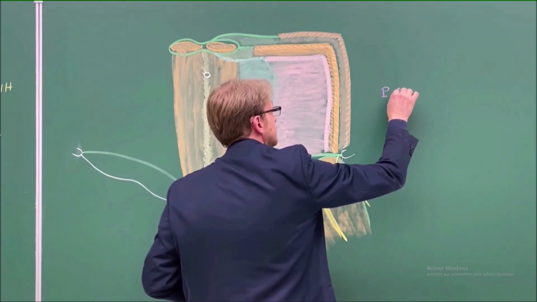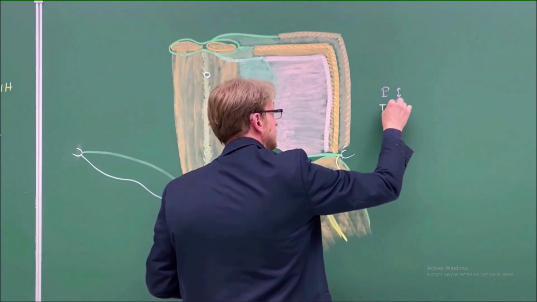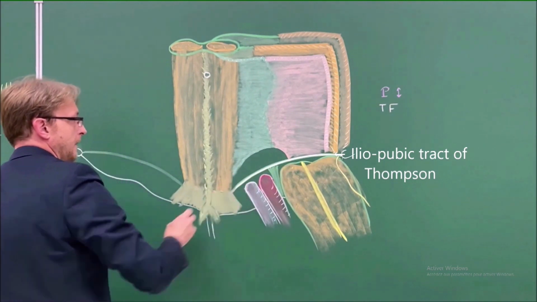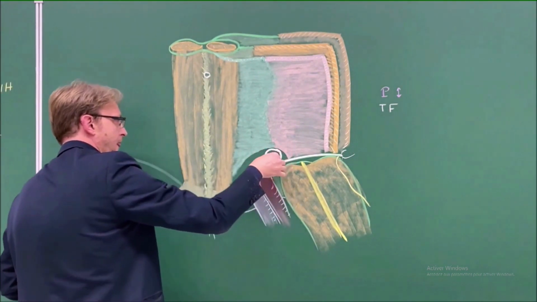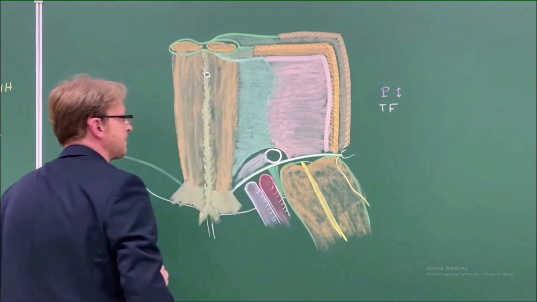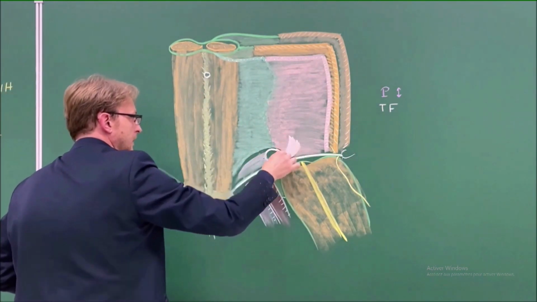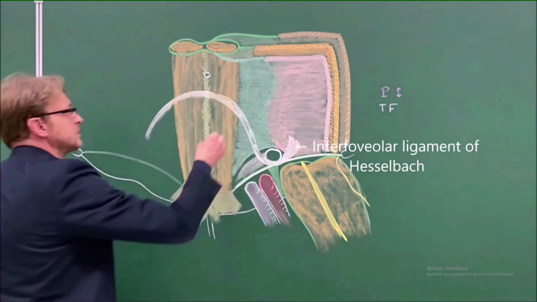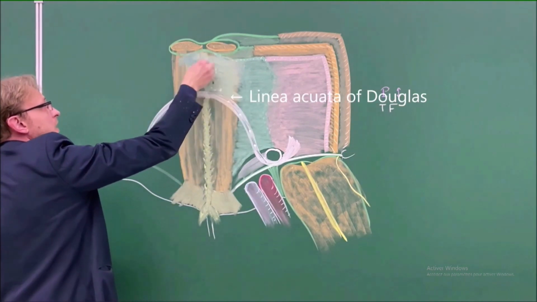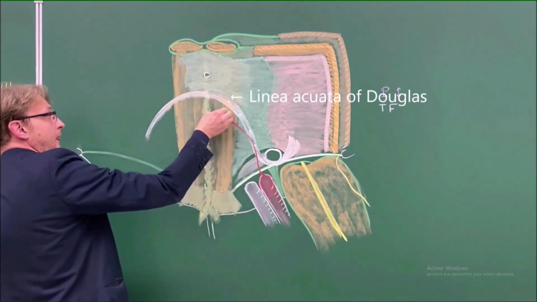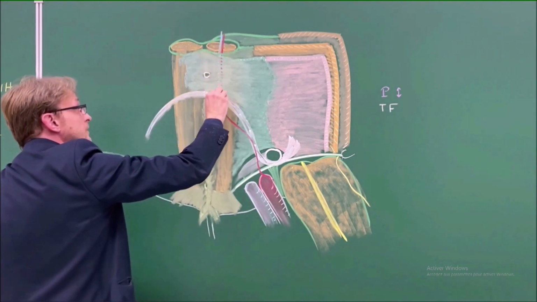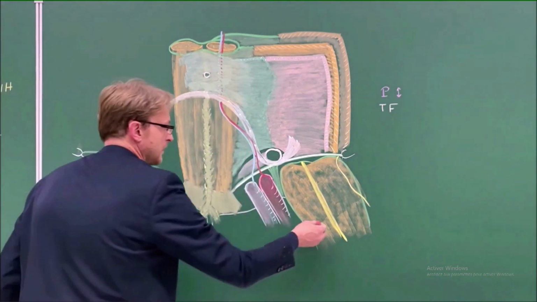On this drawing, the peritoneum is removed, but we will find the deep layer of the transversalis fascia. The deep layer of transversalis fascia is forming the inguinal ligament of Thompson, the deep inguinal ring with the deep spermatic fascia, and then the interfoveolar ligament of Hesselbach just here. This interfoveolar ligament of Hesselbach is forming the linea arcuata of Douglas. It is the inferior edge of the posterior rectus sheath and is followed by the epigastric vessels, forming here the